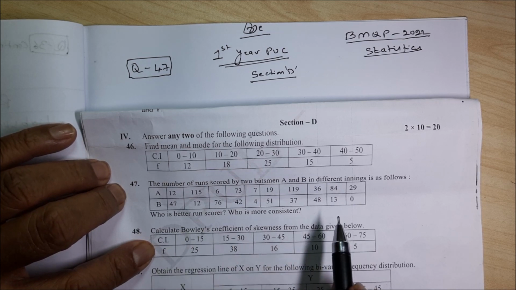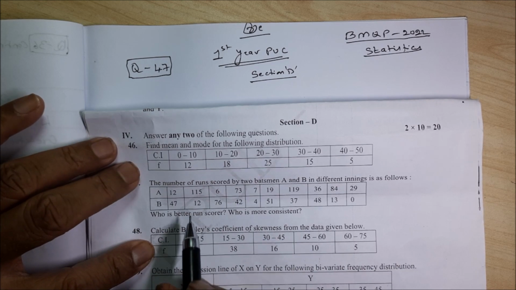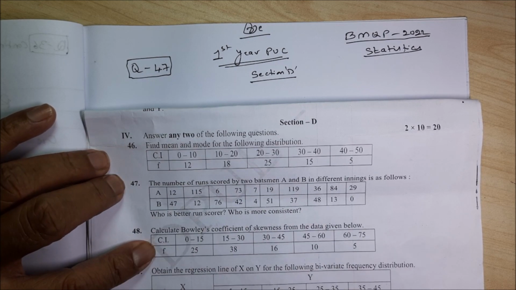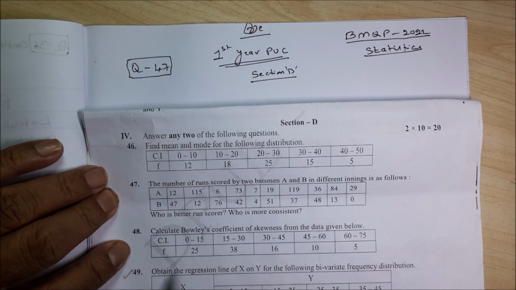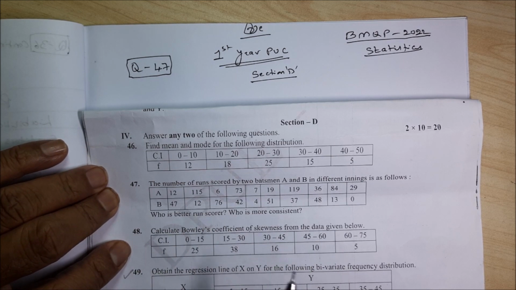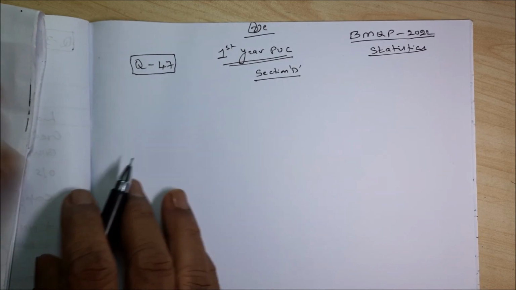What is coefficient of variation? Coefficient of variation is equal to standard deviation divided by mean into 100. But first you have to find out those things. Whenever you get a problem like this, remember, please work out such problems under shortcut method, not under direct method, right? So let us write